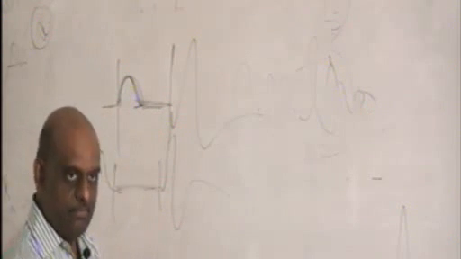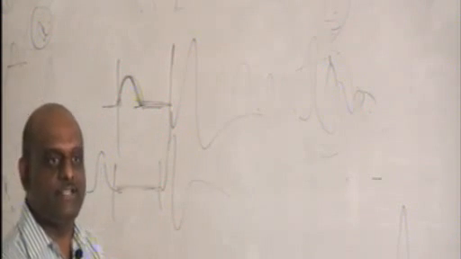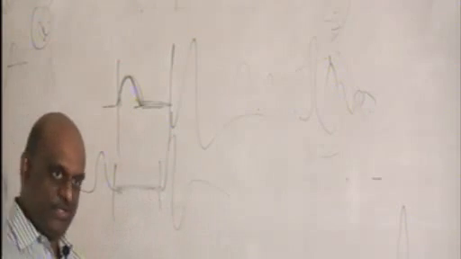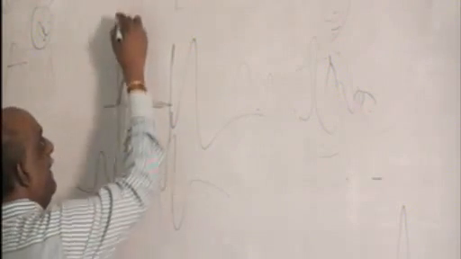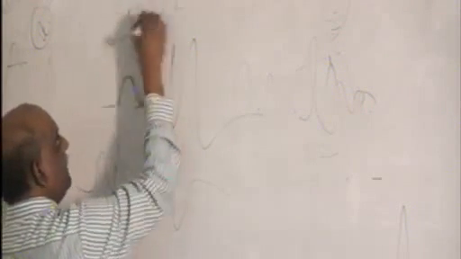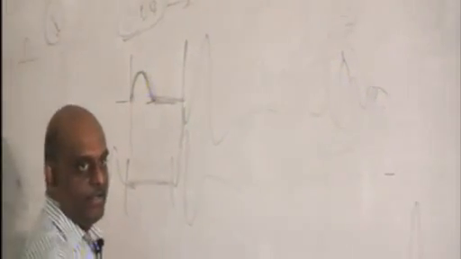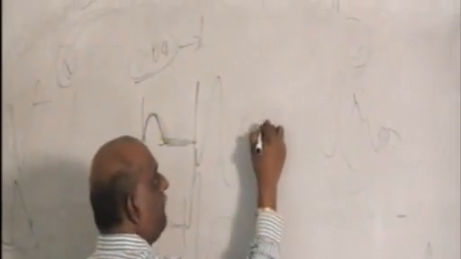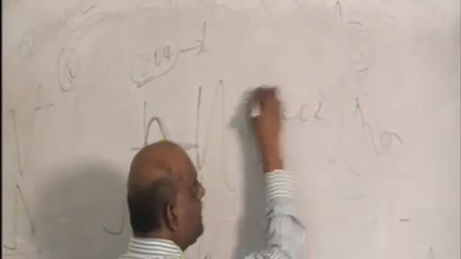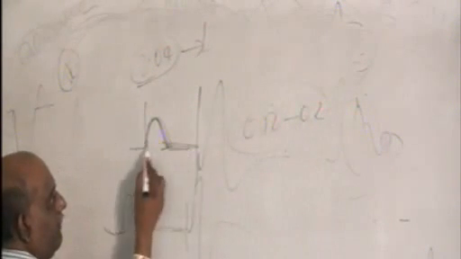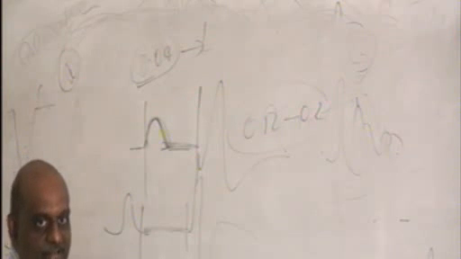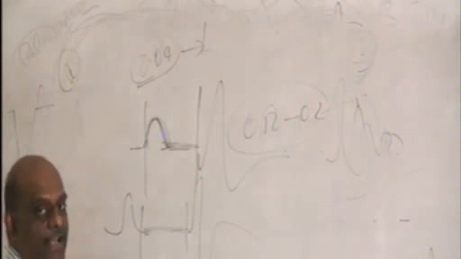Okay. So from the beginning of the P wave to the beginning of QRS, normally how much should it be? Come on, you are all keeping a silent face. You want me to ask questions and also tell answers. 0.04 seconds is one small block, doctor. So 0.12 to 0.2 is the normal PR interval. Right? Don't tell me you want to become a gynecologist.